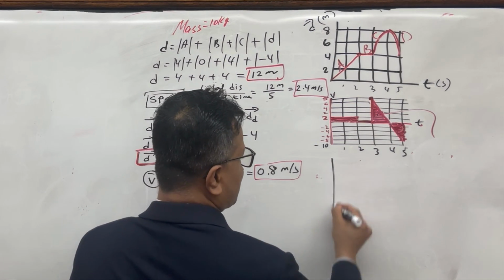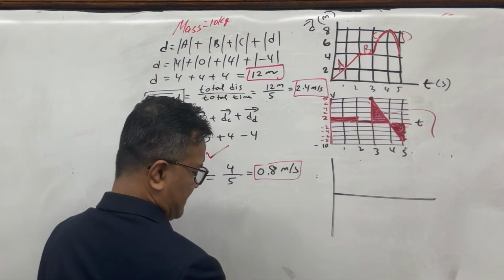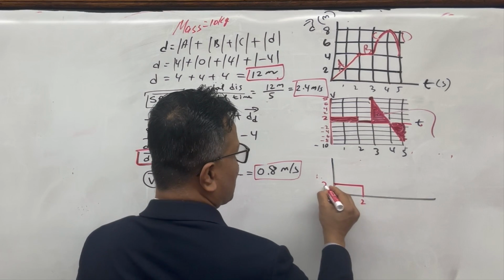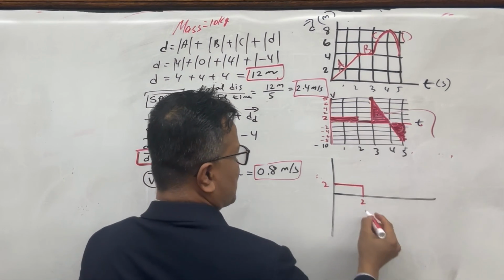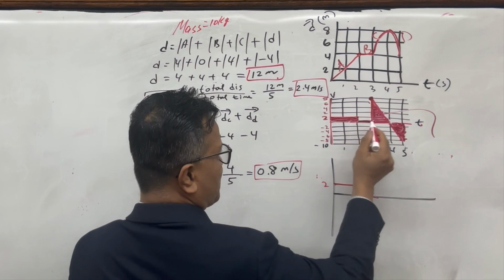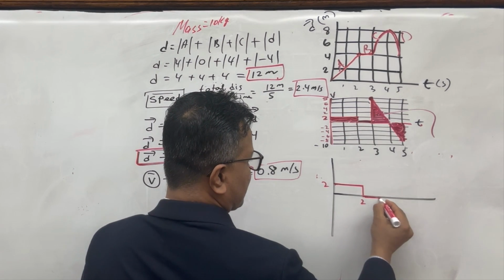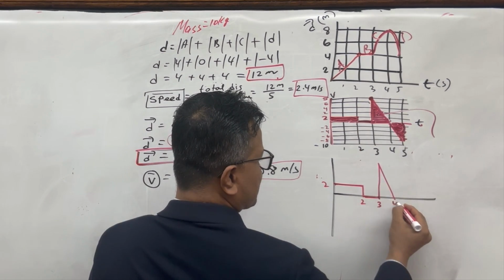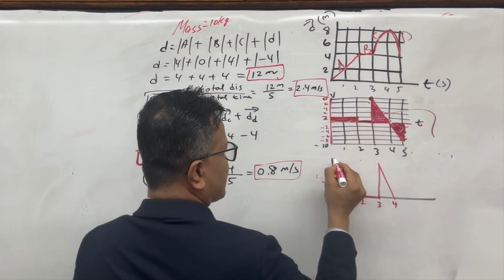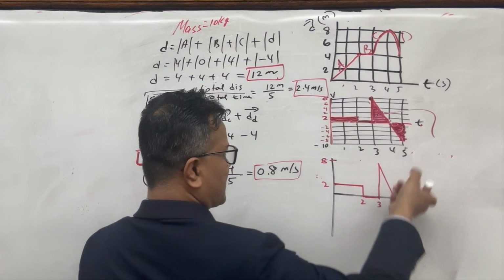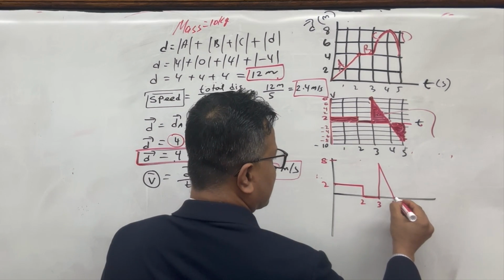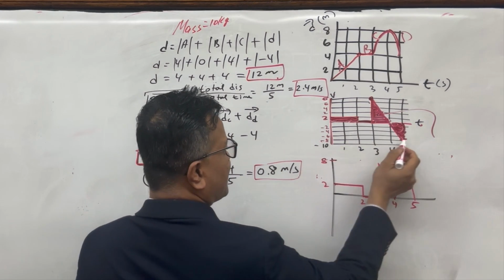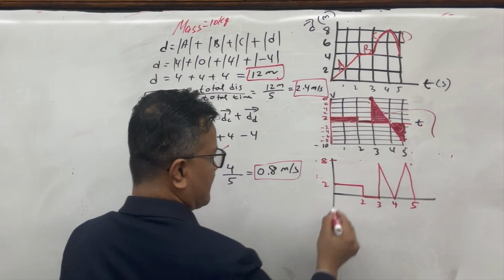Speed versus time graph, we're just going to take the absolute value. Absolute value of this one is just this one. We're going to write 2 over here, 2 over here. Absolute value of this one is just this one. Absolute value of 0 is 0. Absolute value of this one is just this one. So this is 4. And this is 8. Absolute value of this one, you're going to flip it. So this is 5. And this is still 8 because absolute value of -8 is 8. So we have